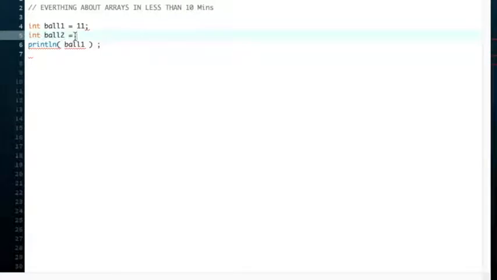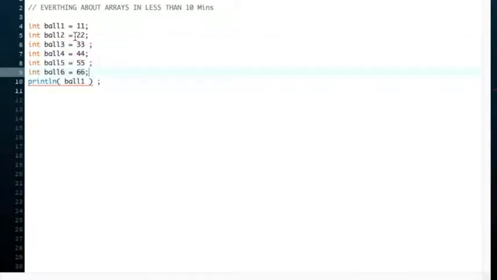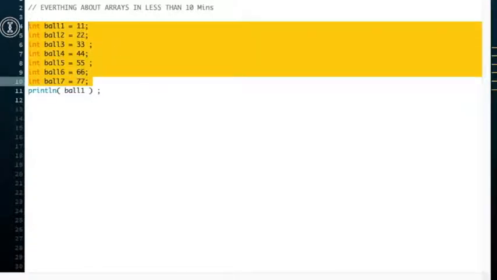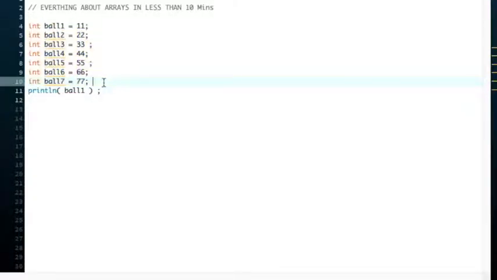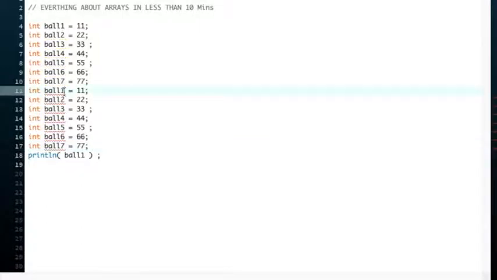So I want to have a second ball, and I'm going to start that one at 22, and I want to start that one at 33, 66, and so on, int ball 7, 60, 77. And of course, if I wanted lots of balls, I might take this code and go, oh, I just cut and paste it, don't I? So that's going to be ball 8, ball 9, ball 10, ball 11,